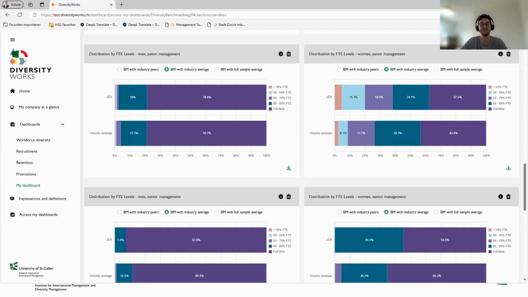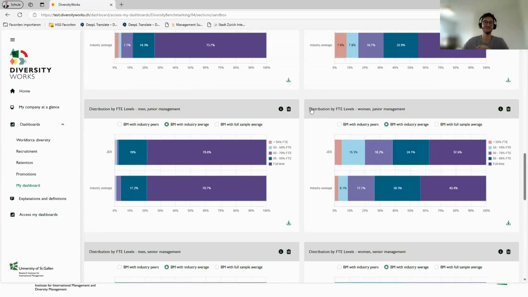But the situation for the women is very different. In junior management, almost 40% of my female talent is working part-time. It's this part right here. But that means that the female talent is working part-time and is therefore no option for my senior management positions. So my female pipeline for senior management positions, which is probably already way smaller than my male pipeline, is getting even more reduced. So what we can say positive here, we have the option to work part-time in junior management,